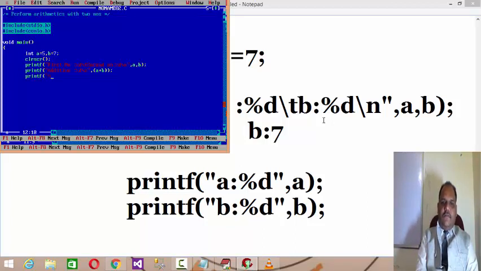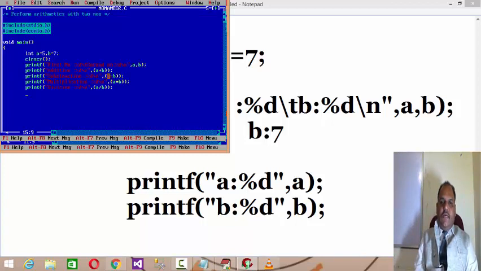Here then you write printf subtraction a minus b. Multiplication. Division a divided by b.